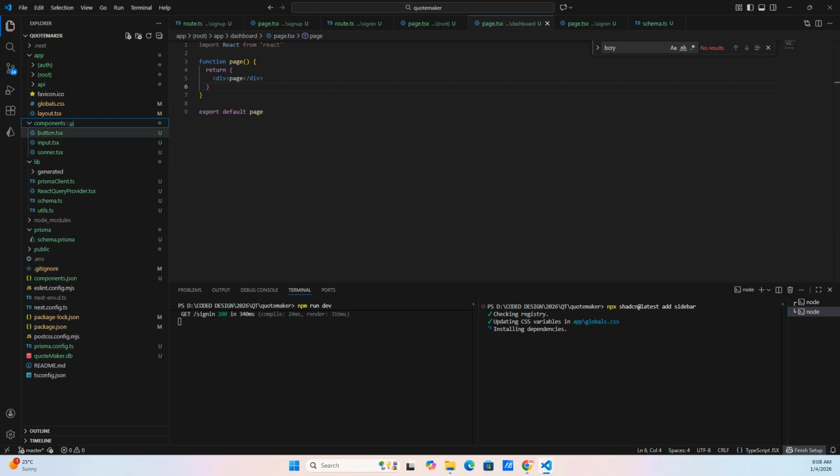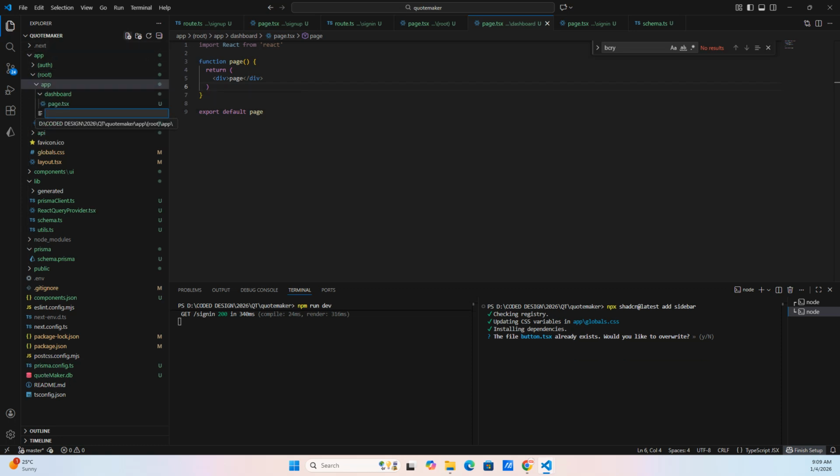Where do we want the layout to be? Remember, we want this sidebar. Let's check here, because it's not where we want to be. We want to be in the root. We want it inside this app, because it governs everything that is inside here, but not everything that is outside. So not on the dashboard, on the app itself. On the app itself, let's create a file and call it